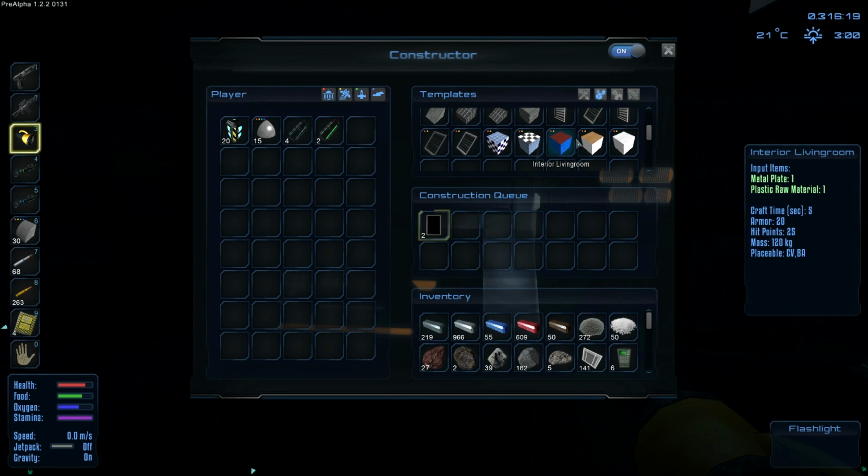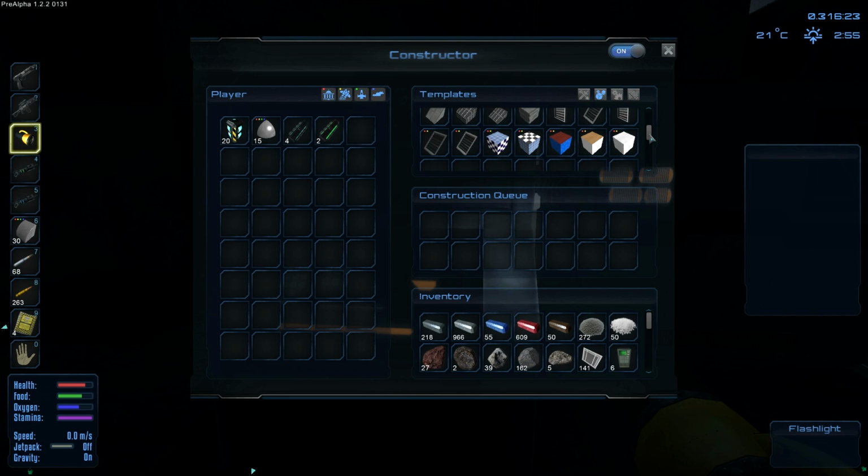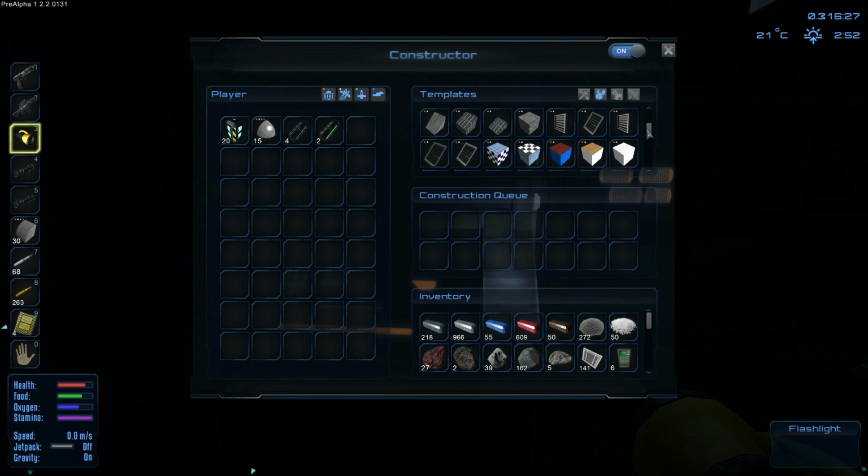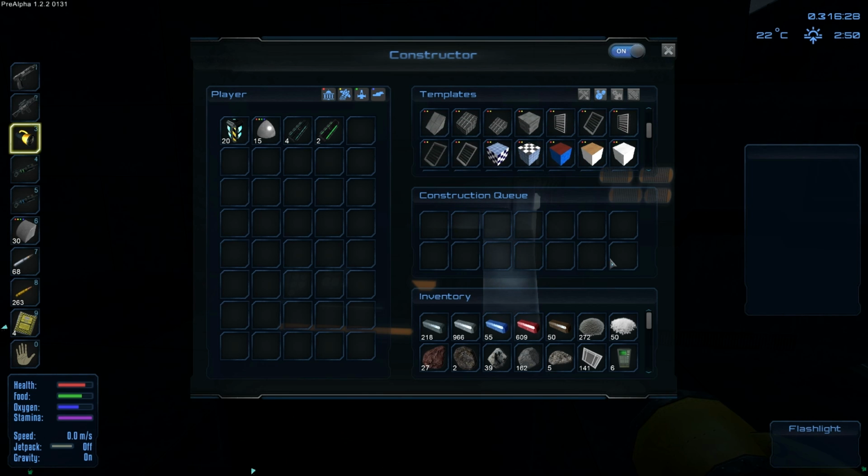What are these right here? Oh, you can do... Wait, what? Oh, you can put in like carpets and stuff? Oh, man, I wish I had known that before I made interior blocks. That sucks. It's awesome that that stuff is in the game, but it sucks that I didn't